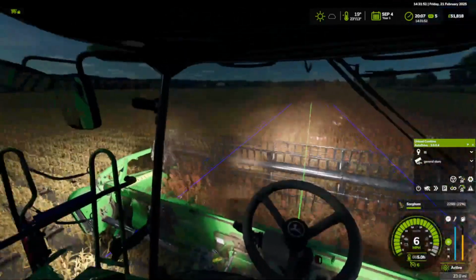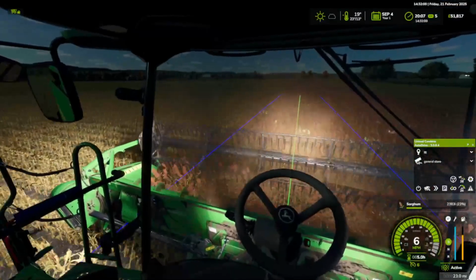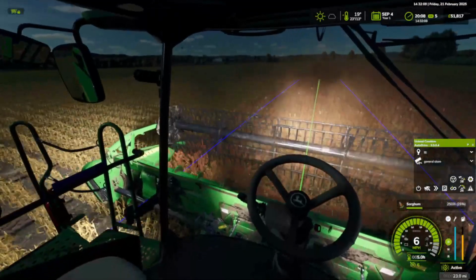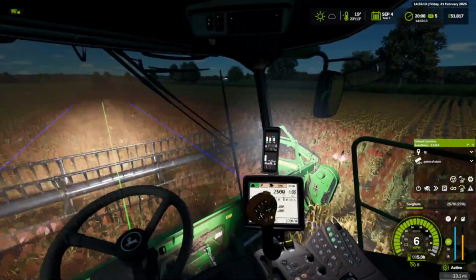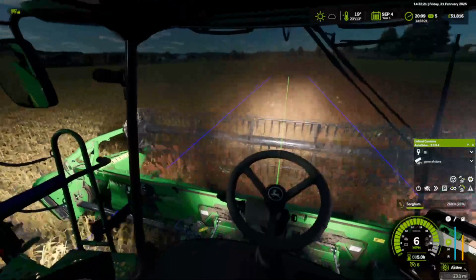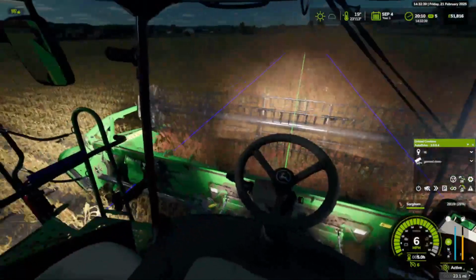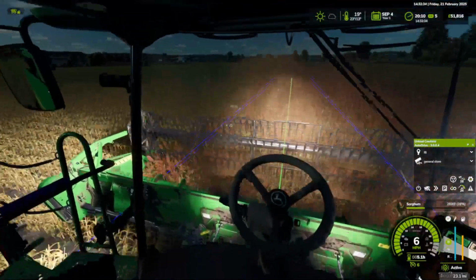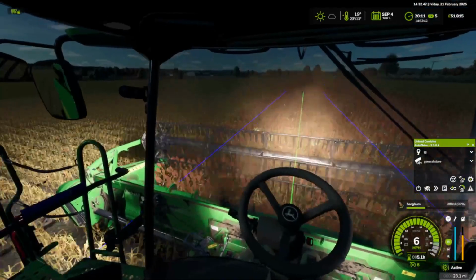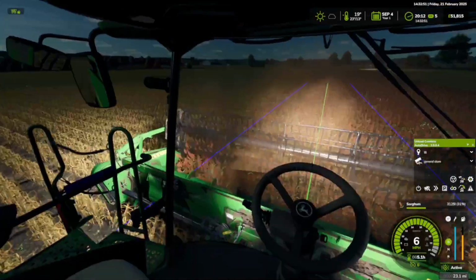That will be our harvest safely tucked away and some of it sold. Just got the red beet to harvest, the winter wheat to drill, ploughing to get done, and then we can see over the winter what contracts there are to be done, see if we can get some money in to get a better silo or a bigger silo or whatever. We've got oilseed rape and the sorghum to sell when the price is right over the winter. I think sorghum's about January we will be selling that. Whether we find a haulage company to come and do it, or whether we